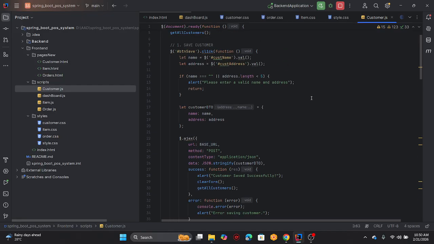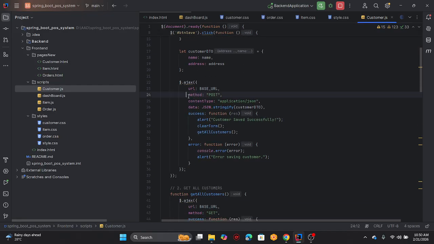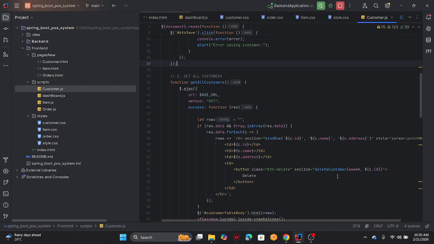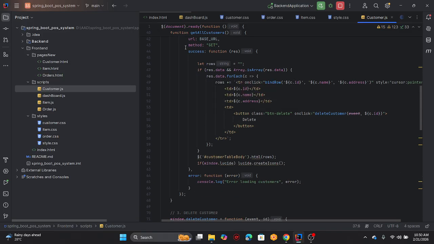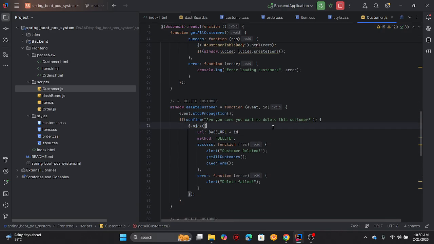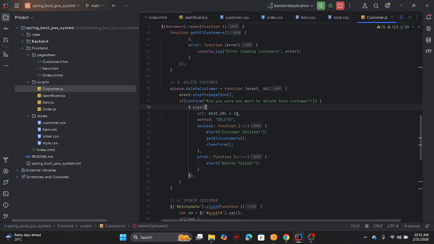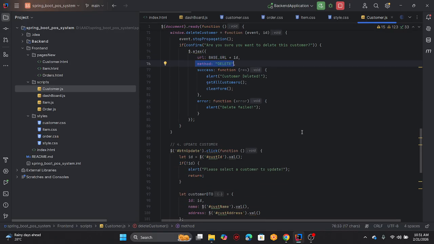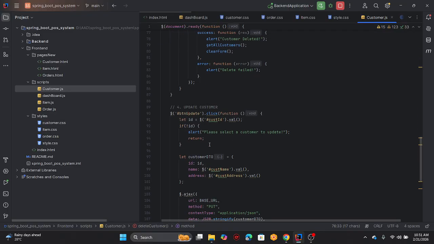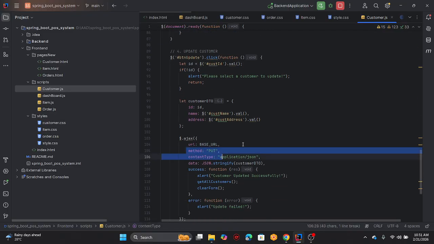Save customer using the POST method, get all customers using the GET method, delete customer, first define the ID, and delete customer using the DELETE method, update customer using the PUT method,